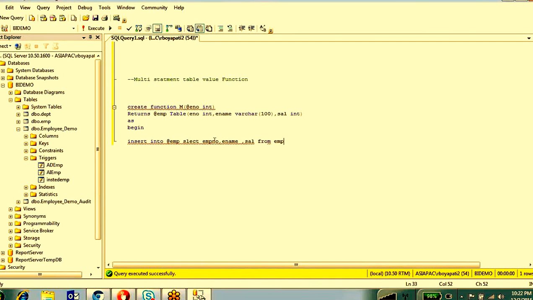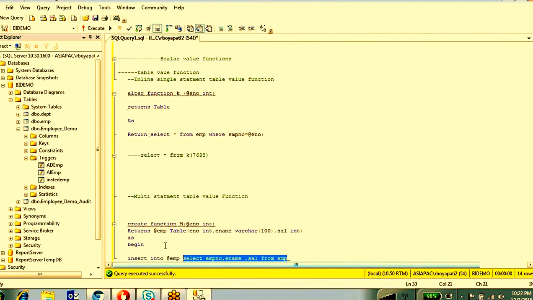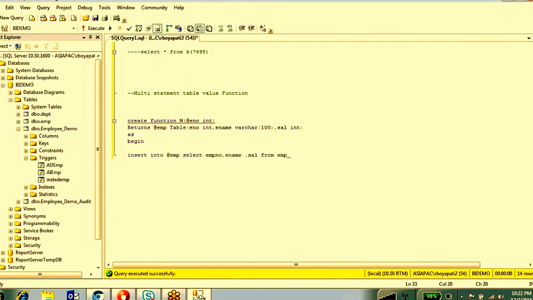I want to insert this data into this table variable, and finally it will return the result. So at the end of your function you have to write return and end.